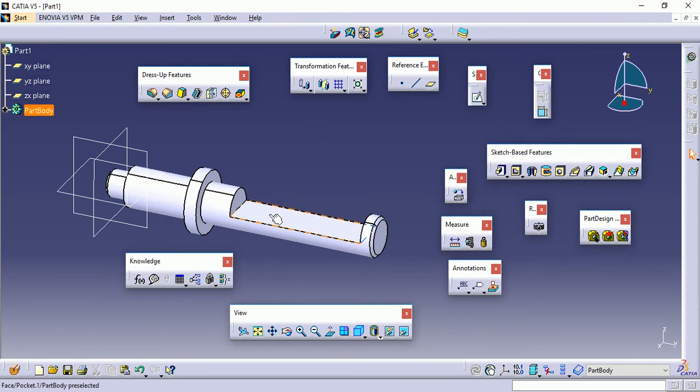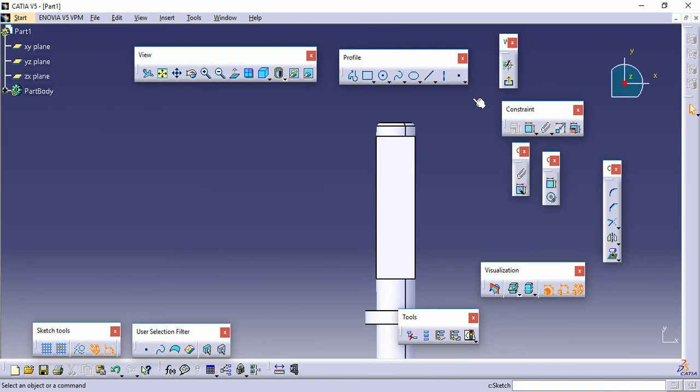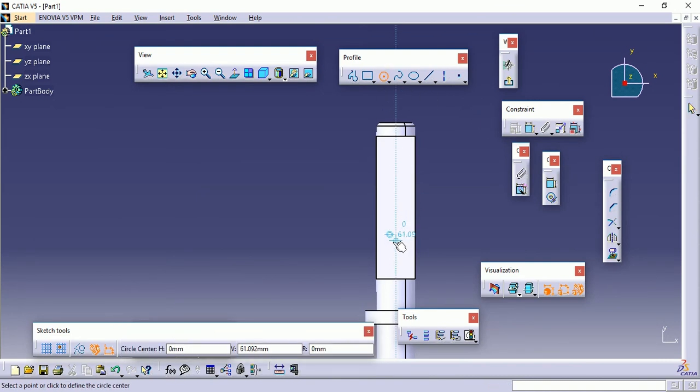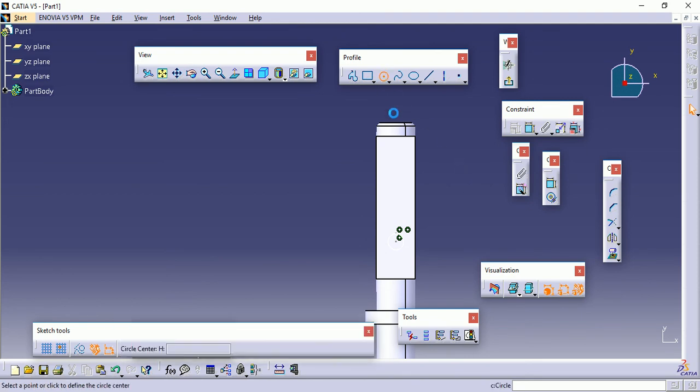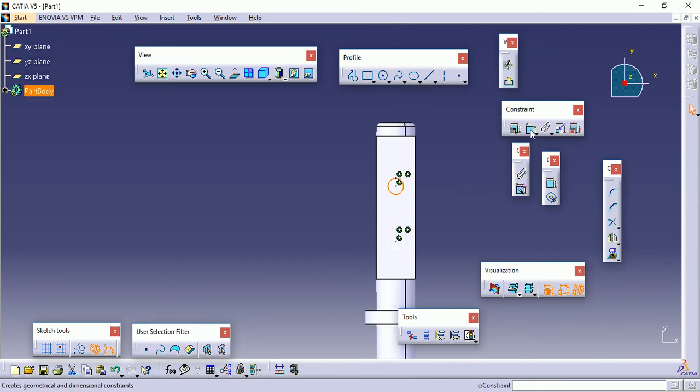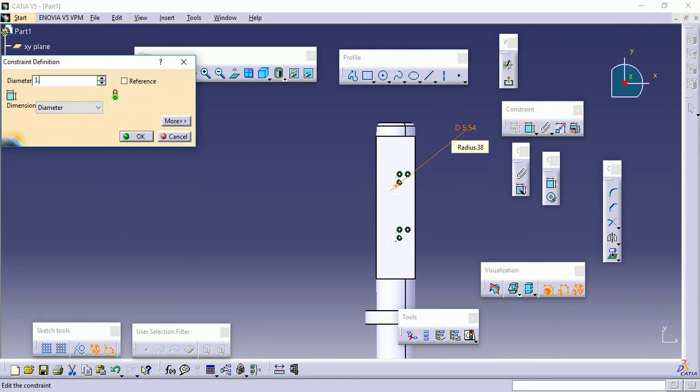Now we have to create two holes here. So the diameter of two holes is 3.20. So we'll create two holes. So diameter 3.20.